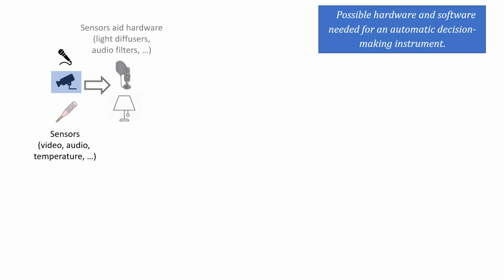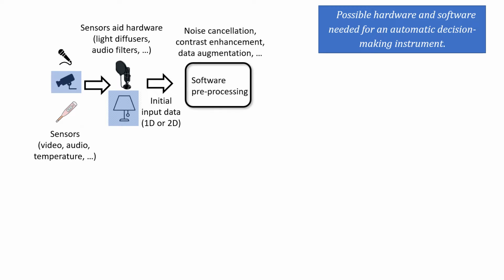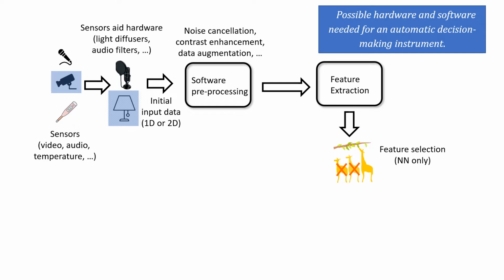In general, a solution can involve the selection of hardware, which in our case was a camera. If possible, we wanted to select a sensor aid, like controlled lighting, to avoid undesired light reflections from the fruit. Also, we explored image preprocessing to help with the classification part. In machine learning, we required extraction of features. Once the features are extracted, we can perform feature selection in order to select the ones that will lead to